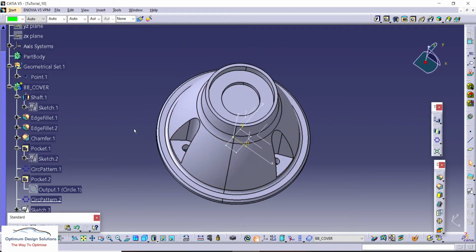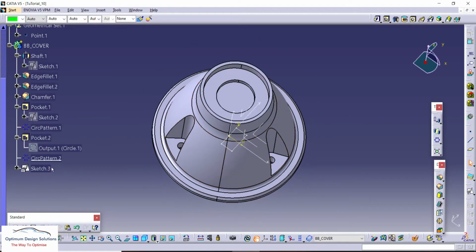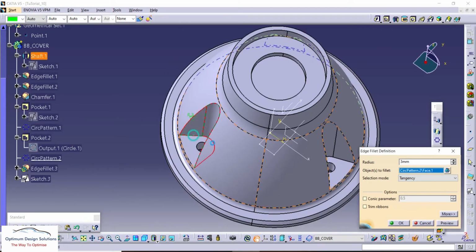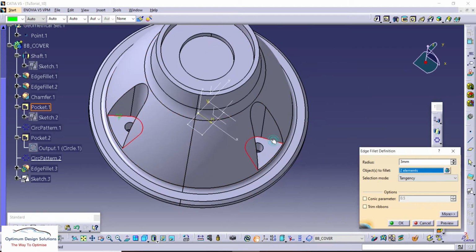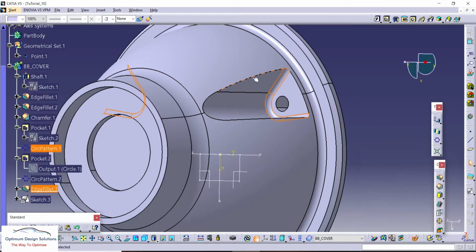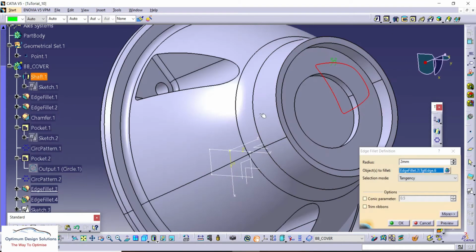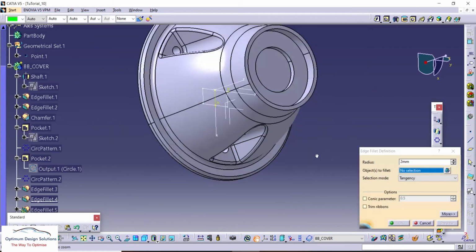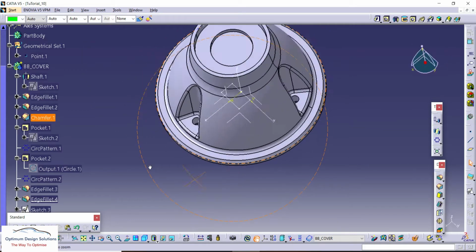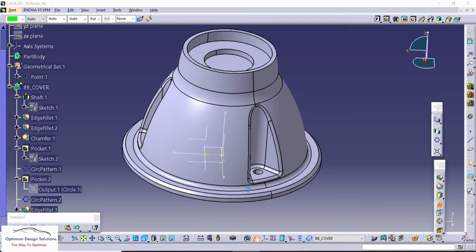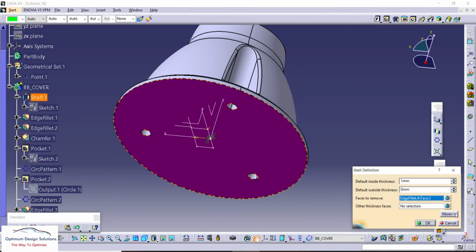We'll do it later. Before that, we'll use the shell command. First of all, we'll give all the required radiuses for mounting. So 2 mm radius, so no sharp edges are applicable in a plastic product. So the 2 mm radius we have already given. So now let's take the shell command.